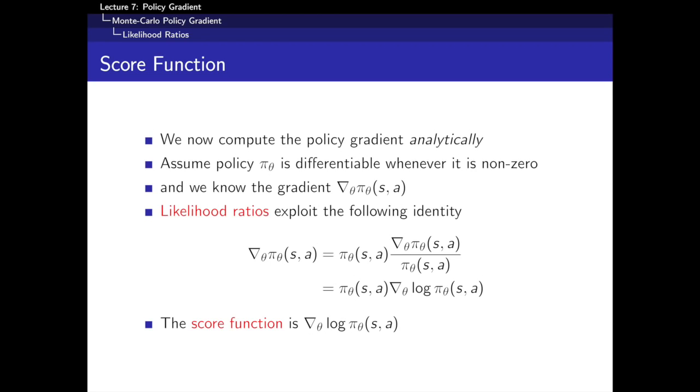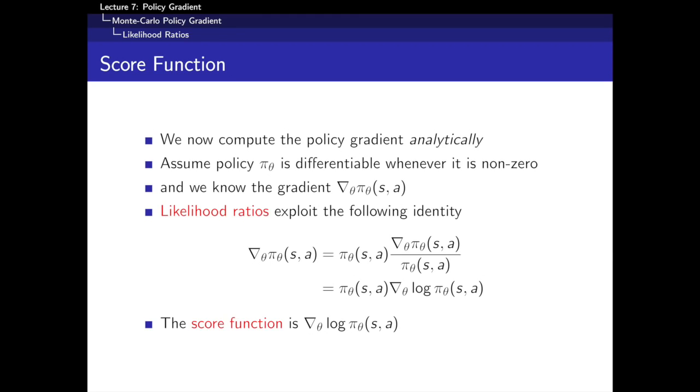And the likelihood ratio trick, I'm just going to put it up in isolation because pretty much for the rest of the course, this magic gradient of the log policy term is going to appear. And I think it's useful to understand why this gradient of the log appears, because otherwise you'll just be scratching your head saying, why are we suddenly looking at the log of the policy, not the policy itself? And it basically comes up